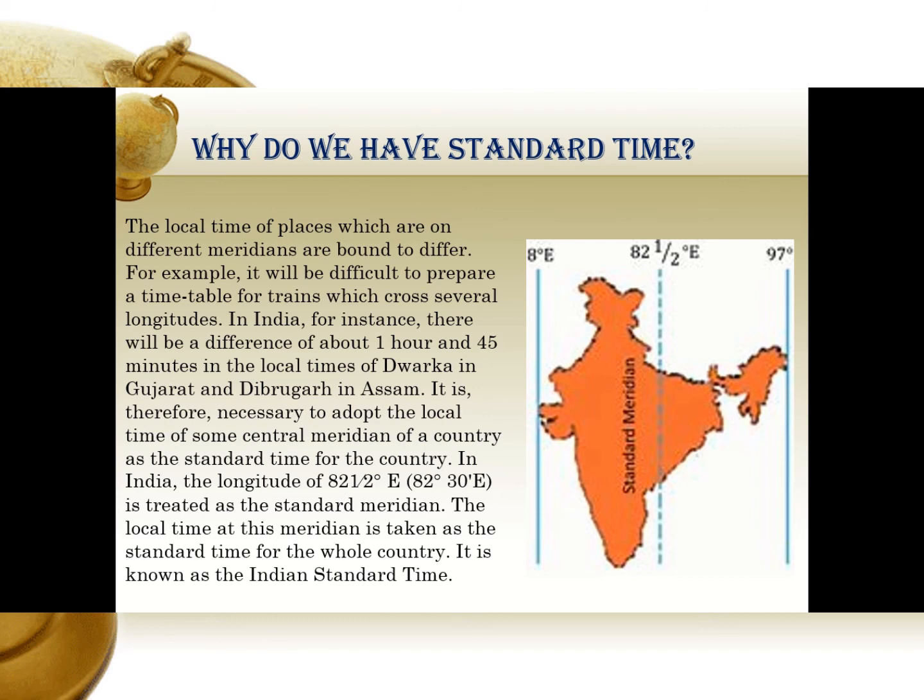But it is not possible for us to run two different times on the same track. So to avoid any kind of confusion, India has its own IST, Indian Standard Time, with the same time everywhere. When it is 12 noon at Pune, it is 12 noon in Jammu and Kashmir also. So whatever train is running from Pune at 12 definitely reaches at the proper time next day in Jammu and Kashmir, so that passengers who are supposed to take the same train from the middle of the states definitely can, and will not face any kind of problem.